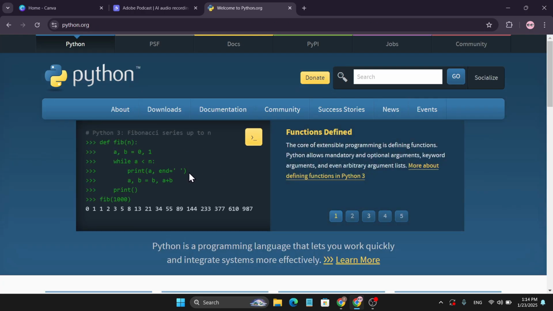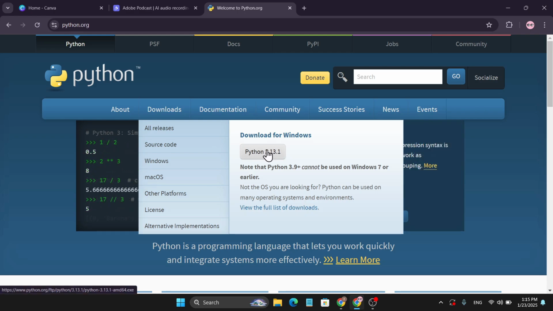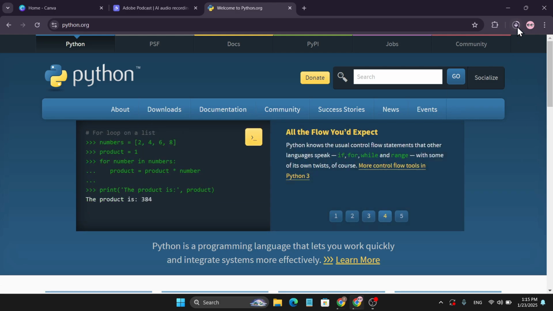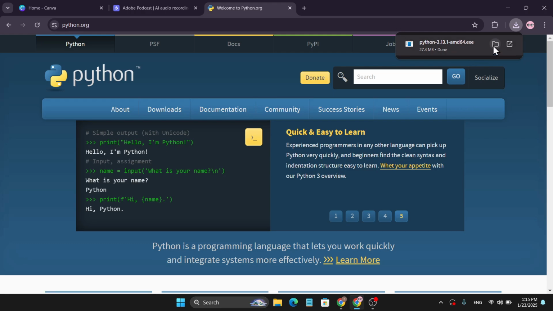And after that it will take you to this website and you need to go to this downloads option. And under the downloads option, you will find this download for Windows. So click on this Python 3.13.1, which is the latest version, and it will start to automatically download, as you can see, which is only 27 MB. So after finishing the download, just go to the folder,